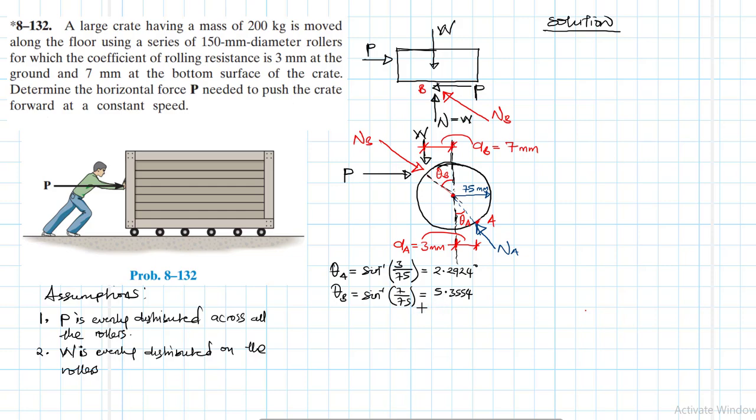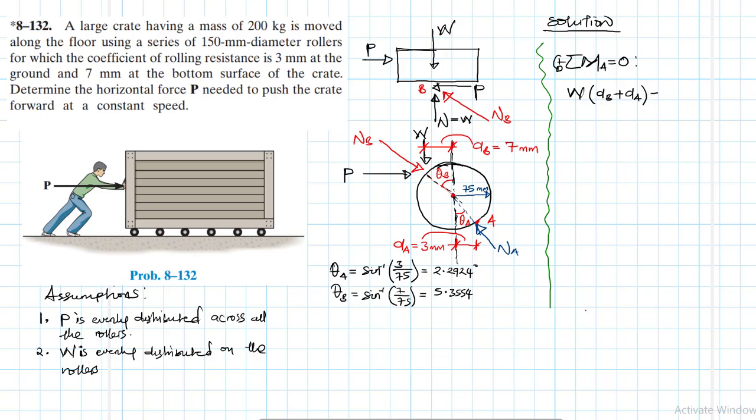Right, so with this information, what we are going to do now is apply the equations of equilibrium so that we find this value of P that we are supposed to apply so that we overcome these retarding forces that the wheel is experiencing due to the deformation on the crate and the deformation on the ground. So summation of moments about point A equal to 0, anti-clockwise being our reference. So what do we have? We have W times AB plus AA,